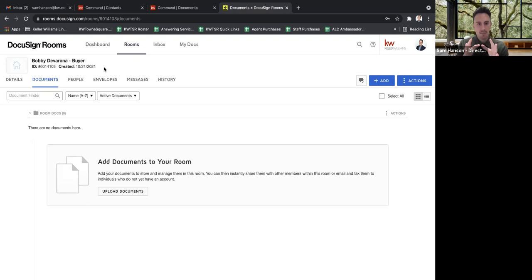So when you do get to this page, chances are you're not going to have any documents in your room just yet. I will show you here in a second how you will pull in the documents that you need. But similar to how I was discussing Command and the opportunities section of Command, when you are in DocuSign, for the most part at the beginning, you're really only going to be working within 3 sections here. And that's obviously going to be documents, details, and ultimately envelopes, which is how you will send out your paperwork